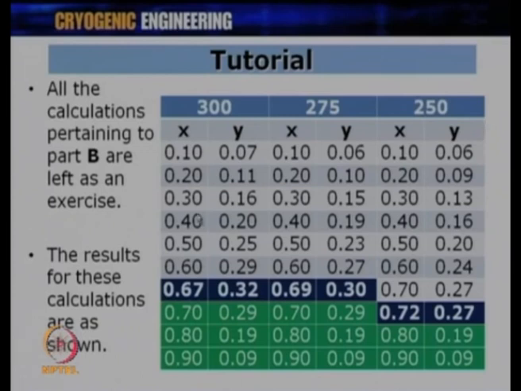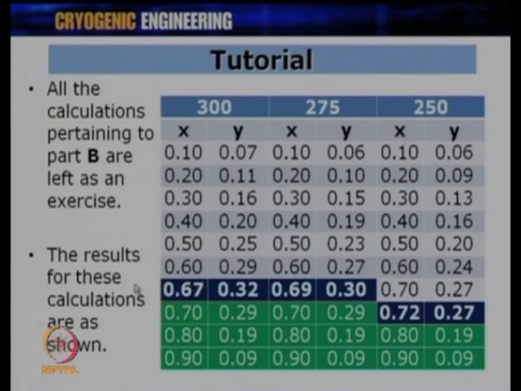That means, as you go on reducing the temperature over here, the optimum y value, or the maximum y value, goes on decreasing, and correspondingly the amount of gas which can get transferred to the expansion engine has shown an increase over here: 0.67, 0.69, 0.72 and 0.73 for the expansion engine when T3 is equal to 225 Kelvin. However, please understand that all these calculations have been done for heat exchanger effectiveness 100% and expander efficiency